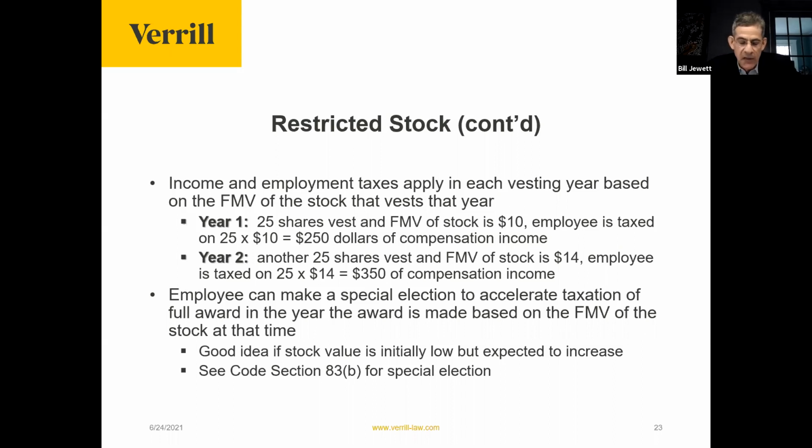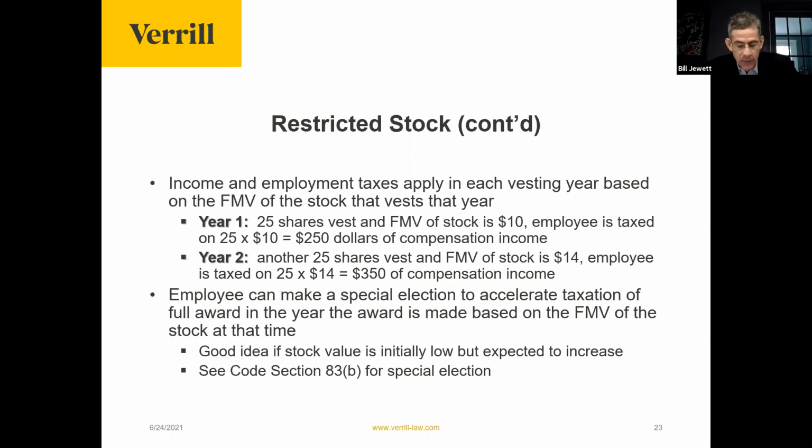The employee is taxed on 25 times $10 or $250 of compensation income. Year 2, another 25 shares vest and the fair market value of the stock is $14. The employee is taxed on 25 times $14, which is $350 of compensation income, all at probably the highest marginal rate, currently 37%.